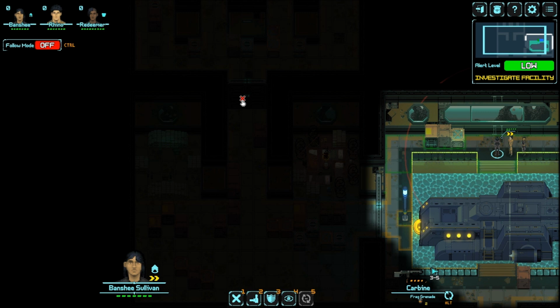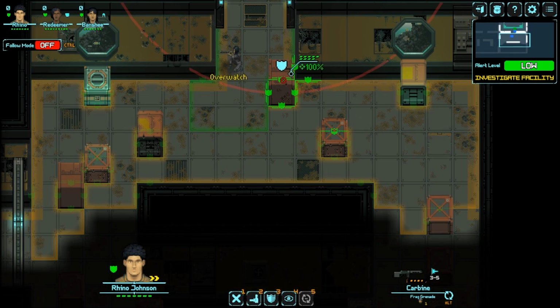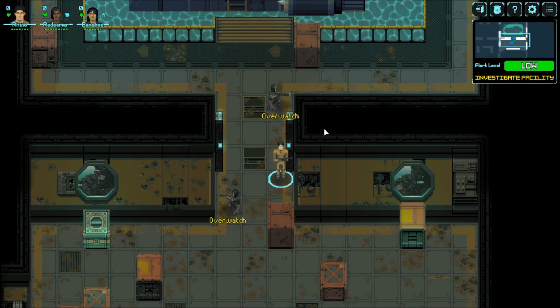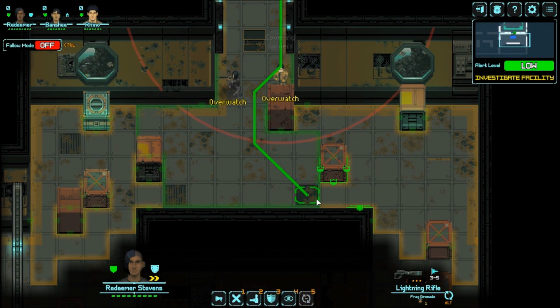Okay, and you're going to pop the door. Anything? Let's just put her on Overwatch for now. Okay. Peek that corner. Anybody home? Not that we can see. In position. Let's get you set up on that box. In position. And I'm gonna move you through